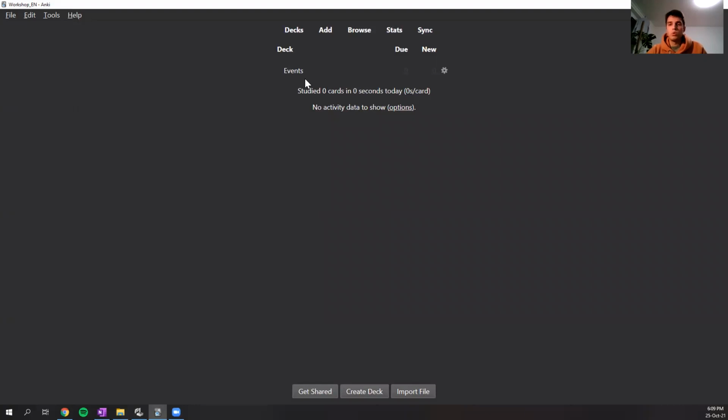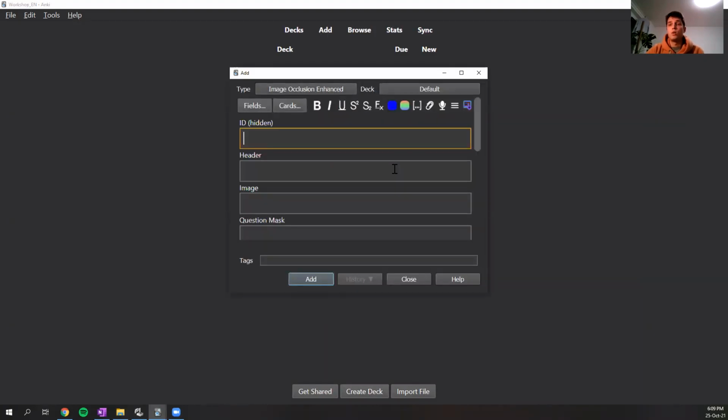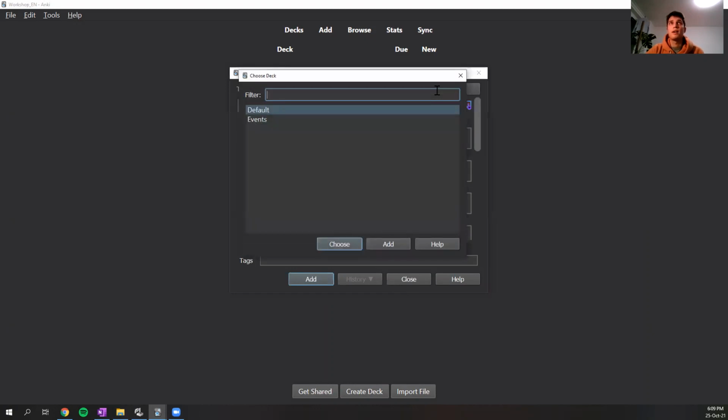But usually you don't want all your cards in one big deck, and you want to structure it. You want to put it into subcategories or subdecks. And to create a subdeck, we'll have to go to the upper row, and the second button says add. When you click on it, you see this. This is how you make cards. We will not be making cards just yet. So you see this form saying deck, and it says default. So you click on it, and now you see the default deck, and now you see the deck we just created called events. So if you click on events, then click on add,